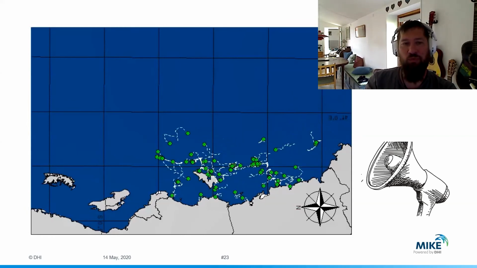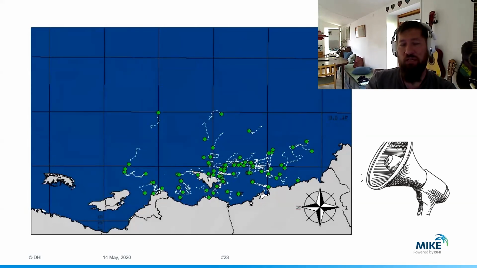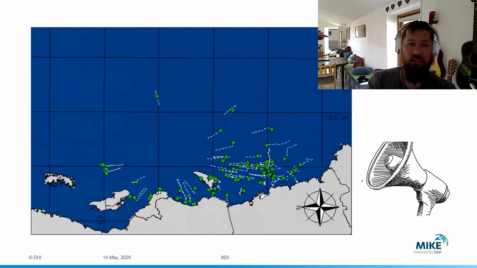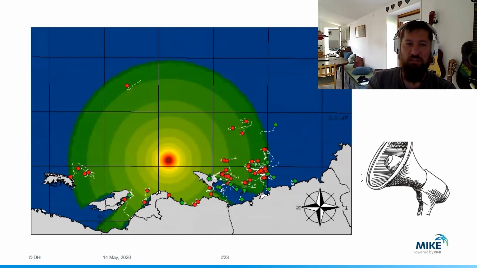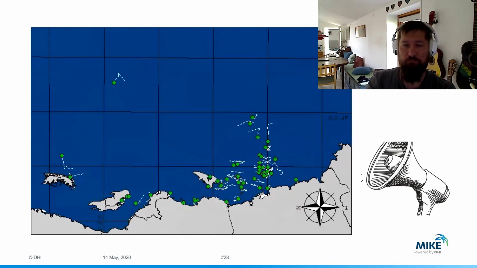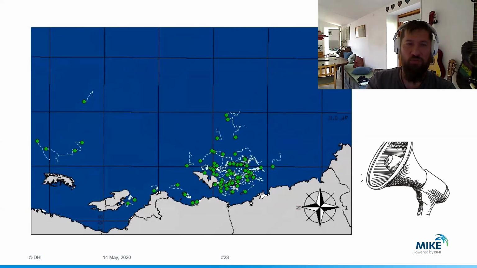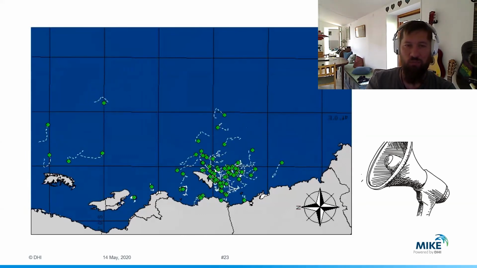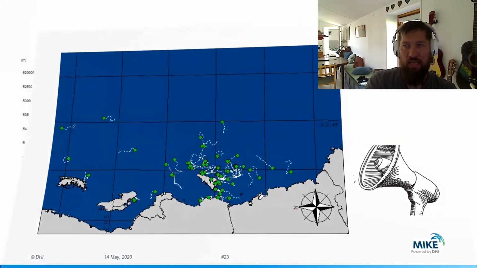Here the impact is a noise. This is a pile driving, and the pile driving here is a real underwater simulation of a pile drive using spherical spreading of the sound. And here you can see they're actually just forced away because they don't want to be where the noise is too loud. You actually get some sort of a displacement from the area, and then you can calculate something on return rates as well.